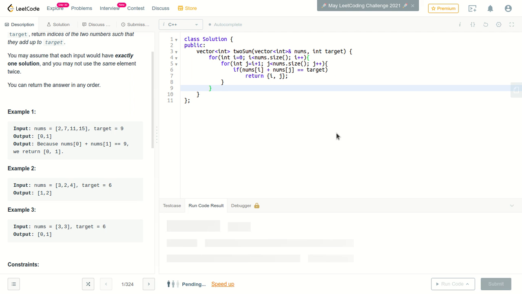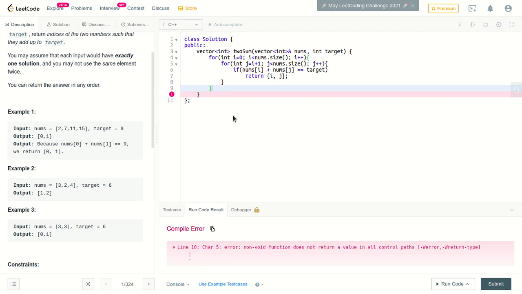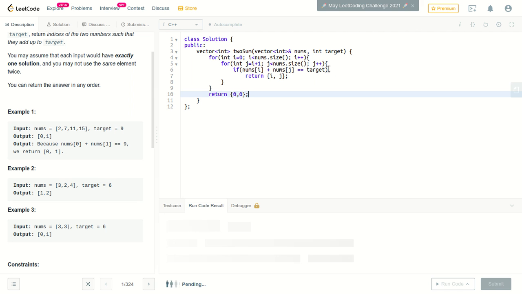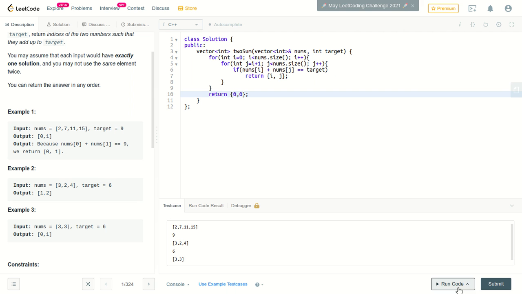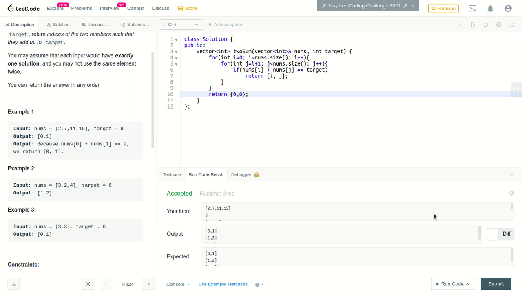Yeah, so it says that non-void function does not return a value, so to avoid this error we should return something. Okay, so say return a void, or say 0 0. Okay, now this will not happen. It checks the first test case, passes the first test case successfully, so let's use some example test case and see whether it passes or not. So all of them pass, so let's